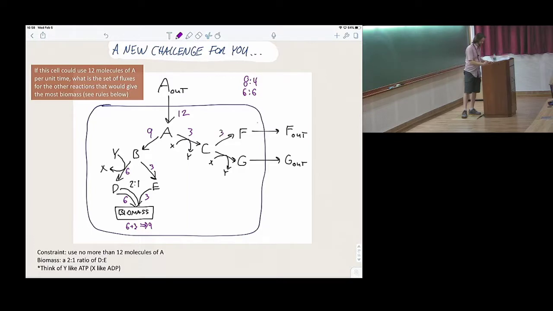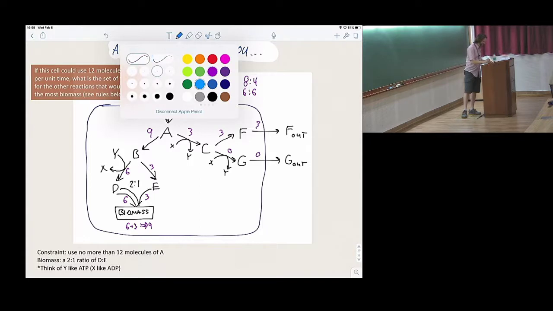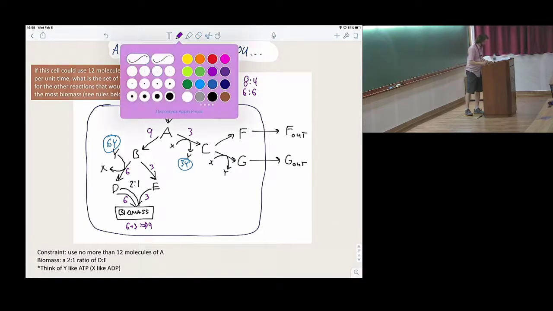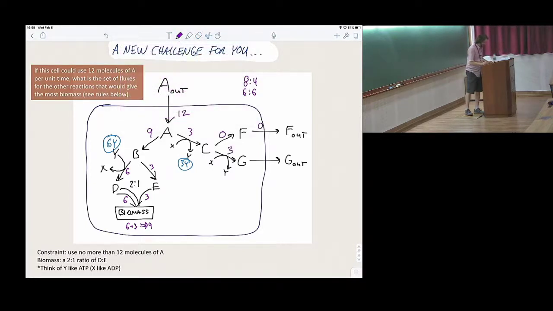Here? All right, well, let's try it for a second. This is fun. This way he won't get too excited about being right. So how many Y molecules were made? You made 3 Y here, and that's it. How many Y molecules do we need? 6 Y. We're short. But if we swap those, right, now,